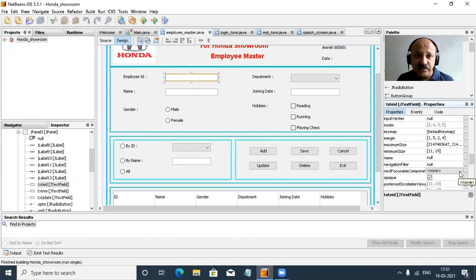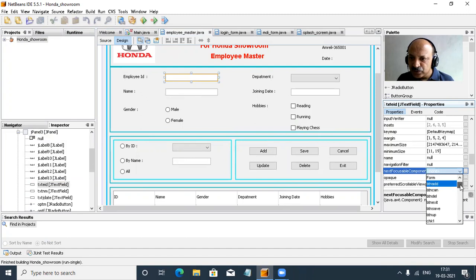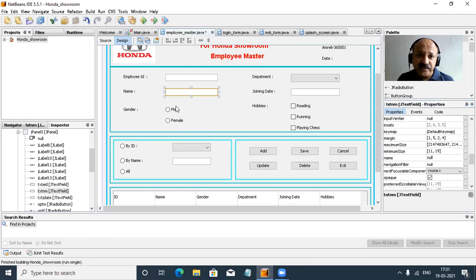I select txtEmployeeId, to this txtName. So when we press the tab key, the txtName field is selected. Let us take txtNm, and from txtNm we can select the male or female option.